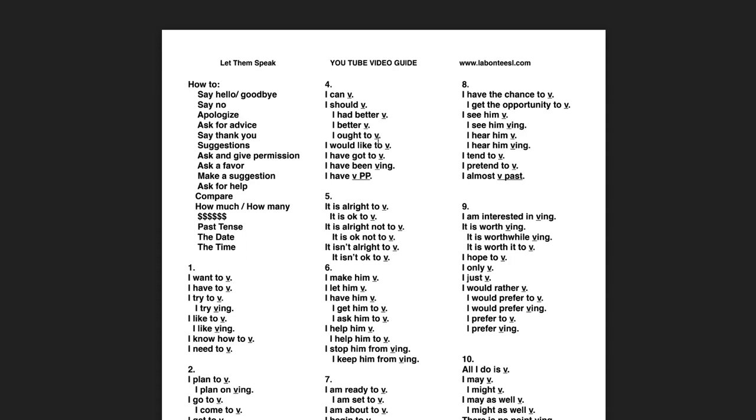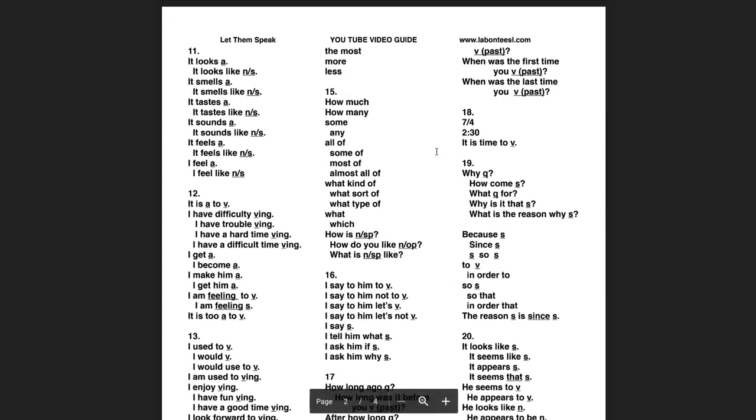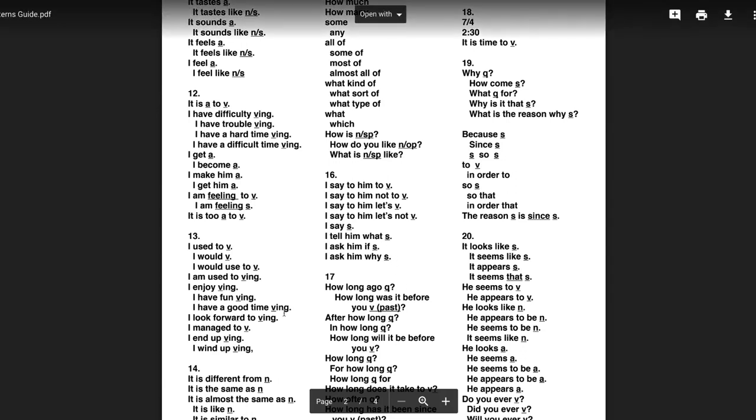So, having introduced these patterns, I've also introduced them to the fact of how questions are made. Most students aren't very adept at making questions, so I have to teach them how to make the questions. We then go through the rest of the patterns. When we begin to get to hour 16 and afterwards, we begin to combine patterns.